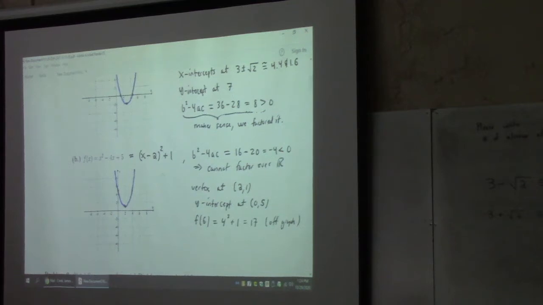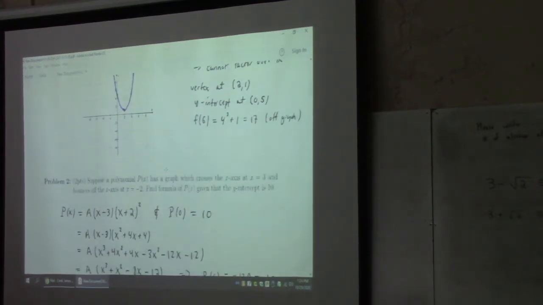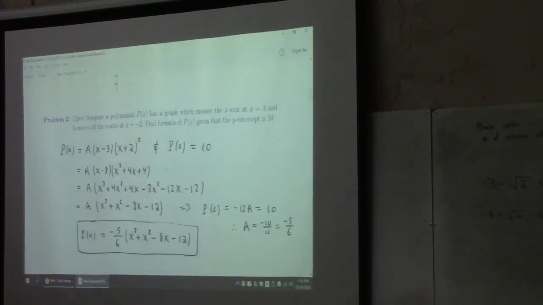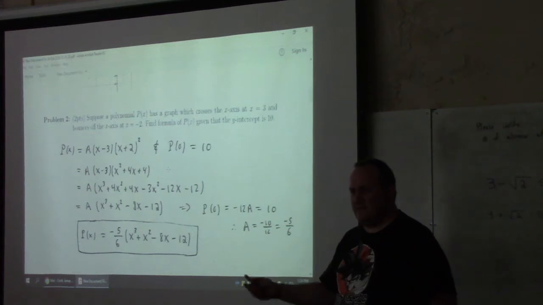This, I'm hoping a lot of you got this right. It was like the first homework problem, so I think most of you spent time on it, right? Problem 2 is an easier version of a homework problem, right? The homework problem, it was like 4th order, so it was kind of a pain to actually multiply it out,